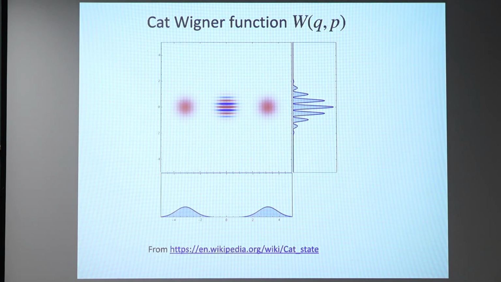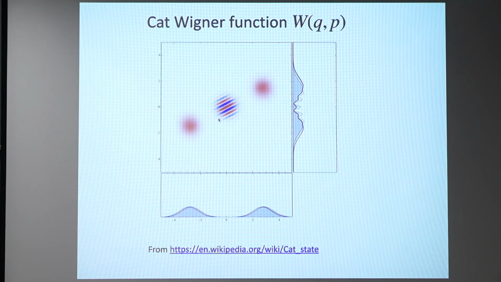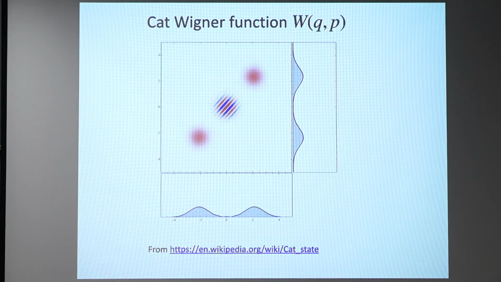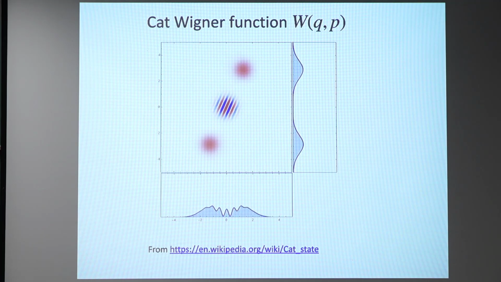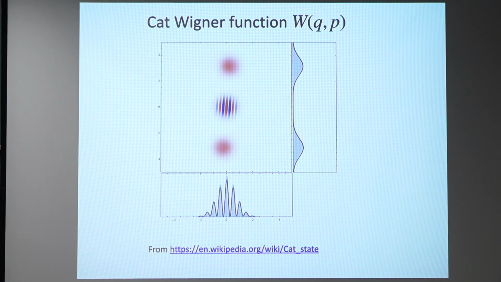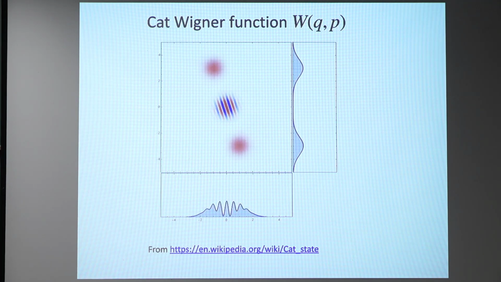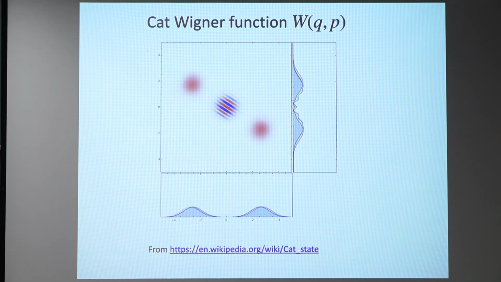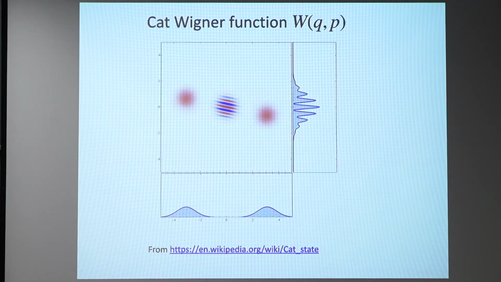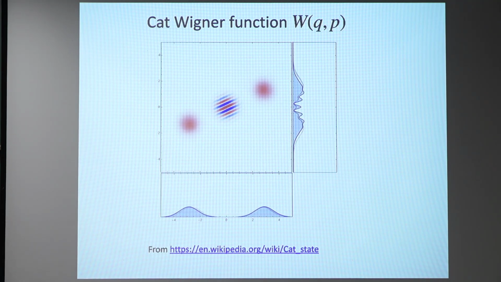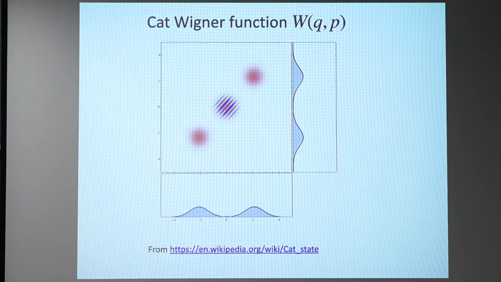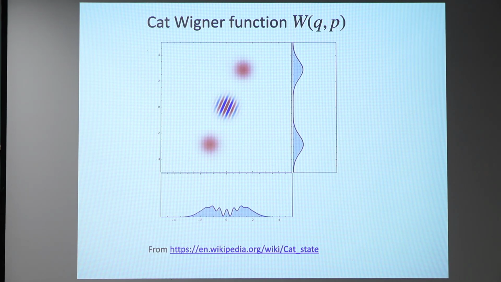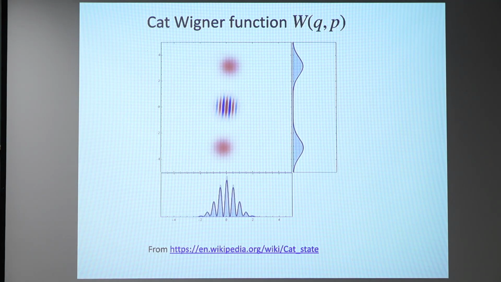Okay, so now if this animation is working, this was actually just from Wikipedia. Right. So if I just have a cat, alpha plus minus alpha, and like I said, it's rotating. So this is in phase space, and this is the Wigner function. There are these interference fringes in the middle, and these are different for the alpha plus alpha than the alpha minus alpha. But the problem is that if I flip randomly between alpha plus alpha or alpha minus alpha, of course I will lose this. I will lose these interference fringes. And Haroche,